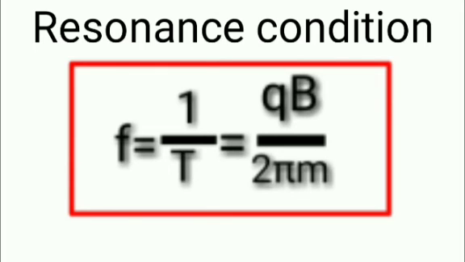For a given frequency f of the AC source, magnetic field strength B is selected, or for the magnetic field strength B, frequency f is selected, such that the resonance condition is satisfied. So for the particular magnetic field strength, we can choose the particular frequency, so there should be a match between this frequency as well as the magnetic field, so that we will get the precise.